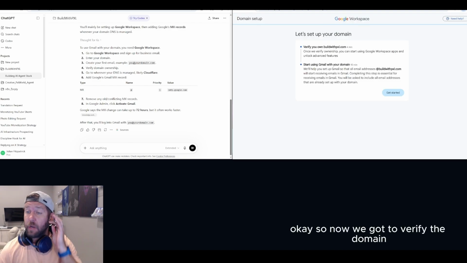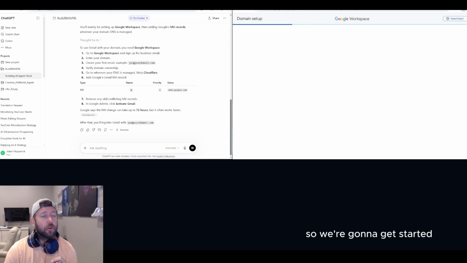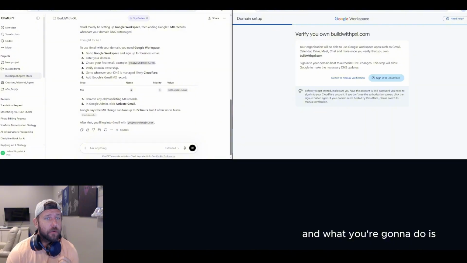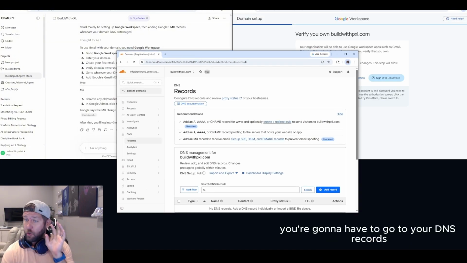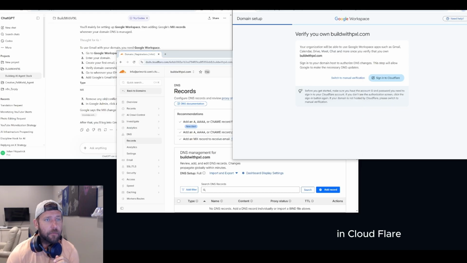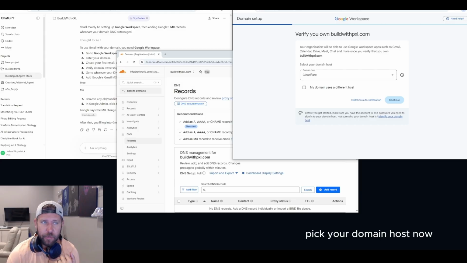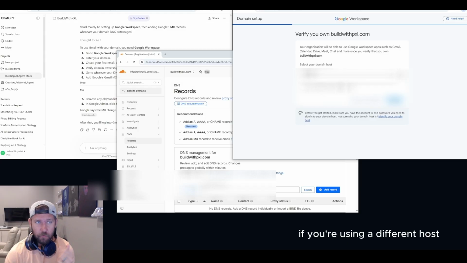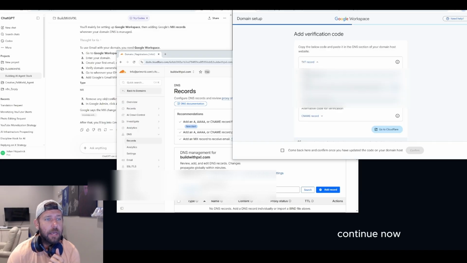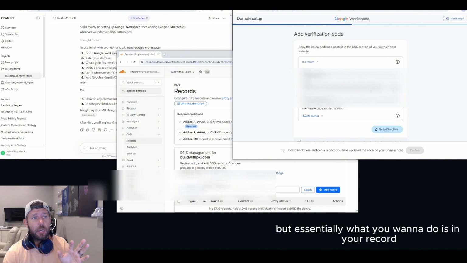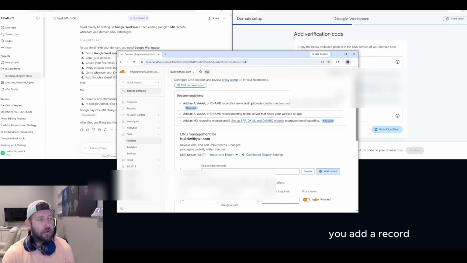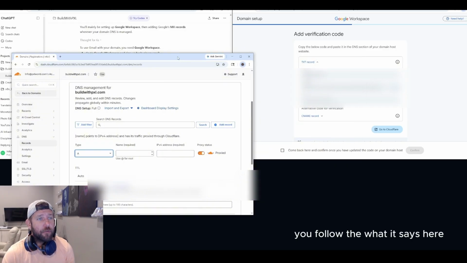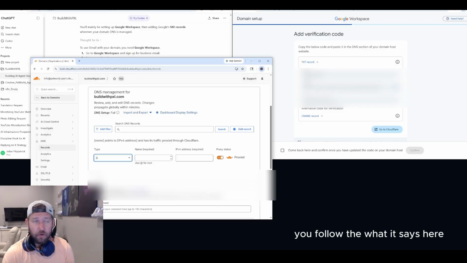Okay, so now we got to verify the domain. So we're going to get started, and what you're going to have to do is go to your DNS records in Cloudflare. I'm going to do manual. Pick your domain host. Now, if you're using a different host, pick that host. Continue. Now, I'm going to blur this out, but essentially what you want to do is in your record, you add a record, you follow what it says here, and the name will be the